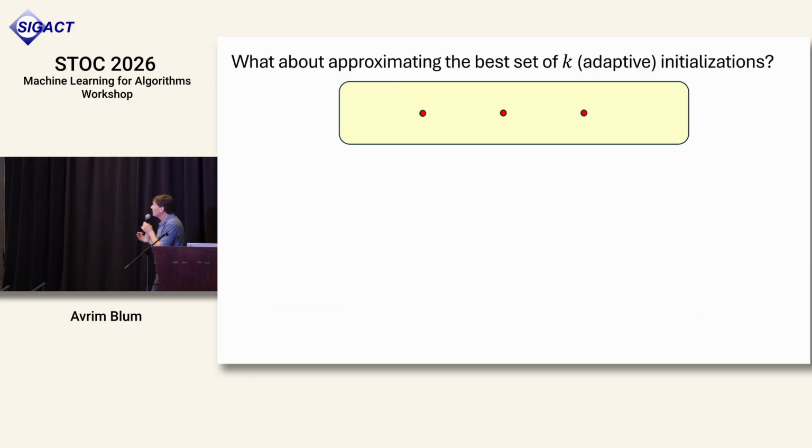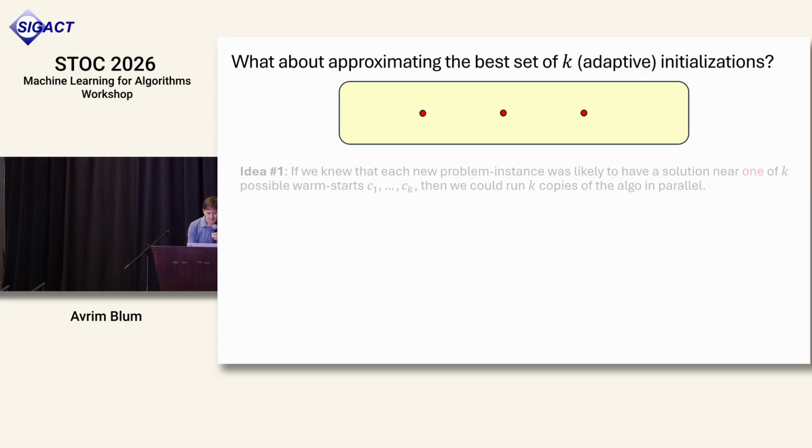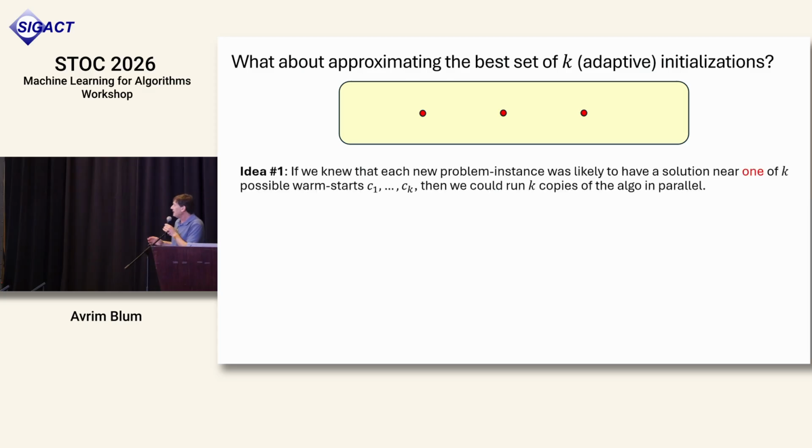Now what about trying to approximate the best set of k adaptive initializations? Okay, so now this is going to be a little harder. Well, here's one idea. If we knew where the k initializations were, if we knew that each new problem instance was likely to have a solution near one of k possible warm starts, C1 through CK, we just didn't know which one to use,